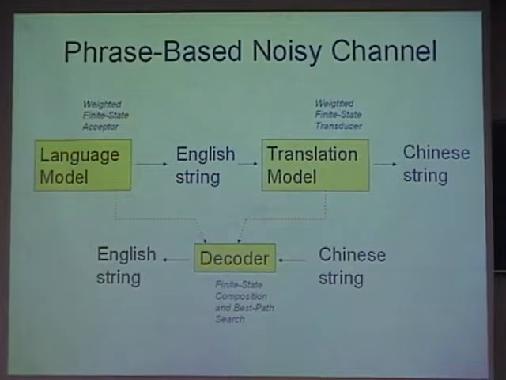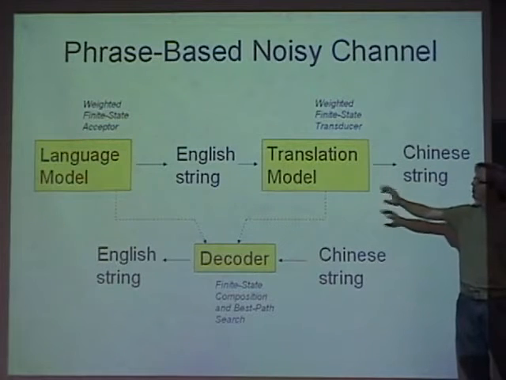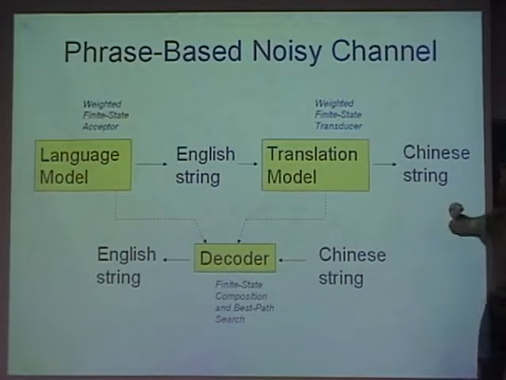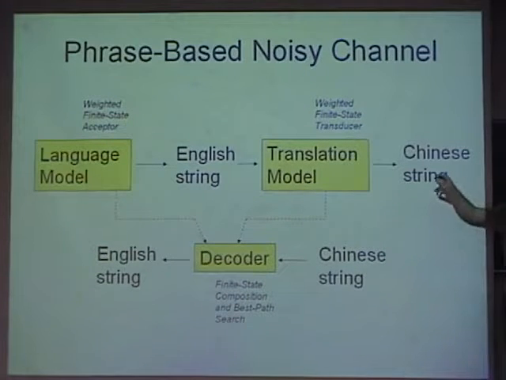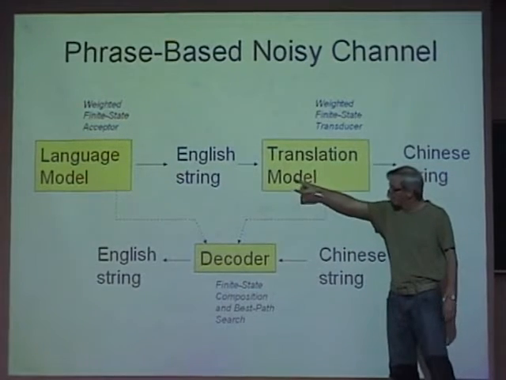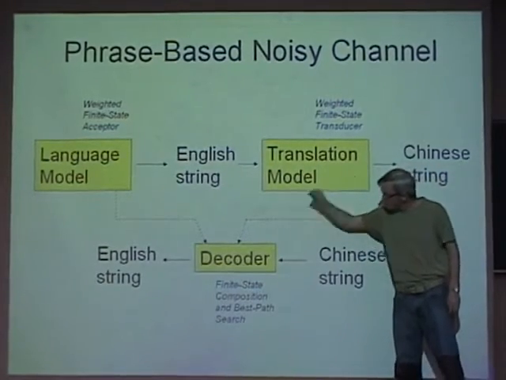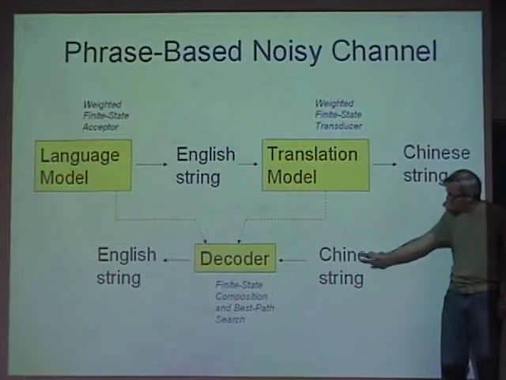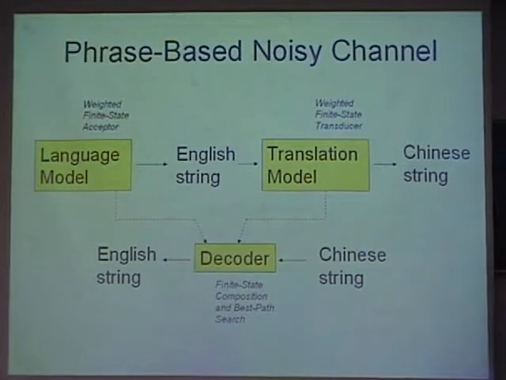way. Some people find it very intuitive, and others don't. But you can think about a language model producing strings according to a distribution, and a translation model turning those English strings into Chinese strings. And these are tables relating pairs of strings and scoring strings. These tables get shoved into the decoder as the knowledge to translate a Chinese string, never seen before, into an English string. Okay, and you can think about that as a weighted finite-state acceptor if you want to. And this is a weighted finite-state transducer if you want to, and this is some kind of finite-state composition and